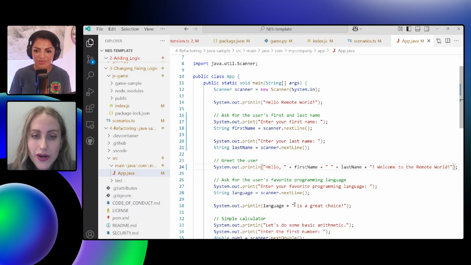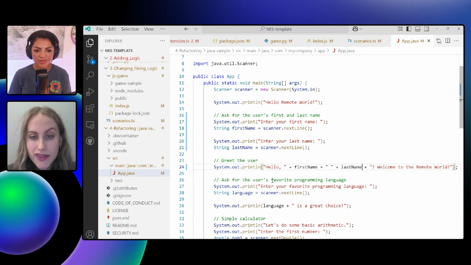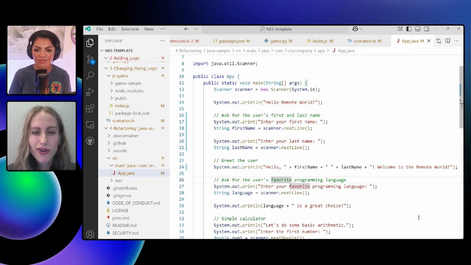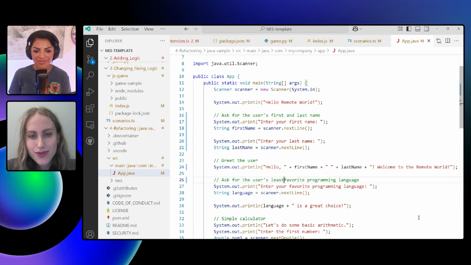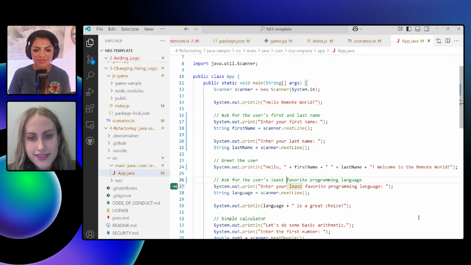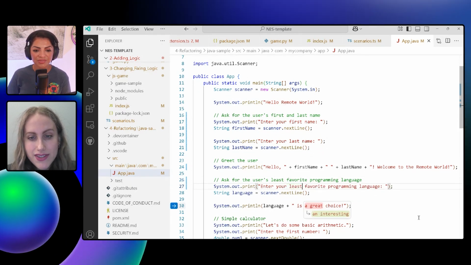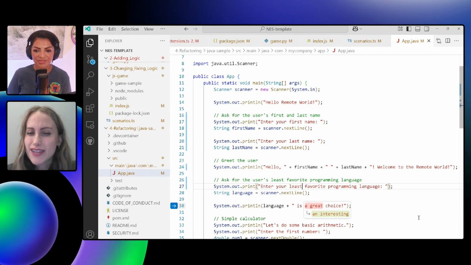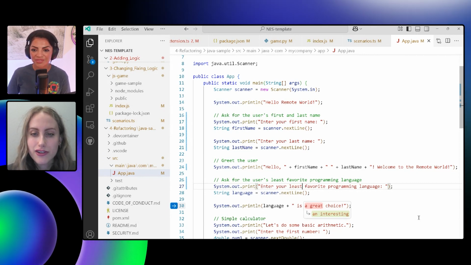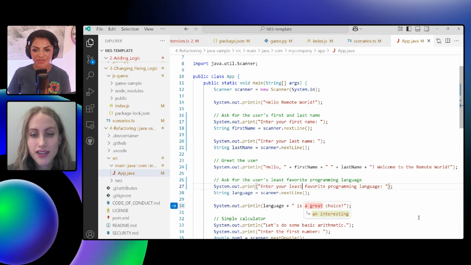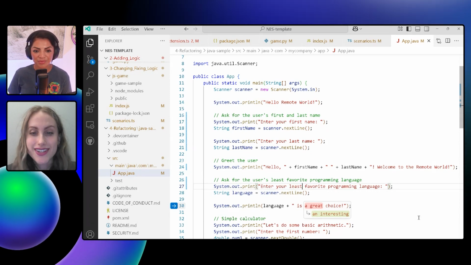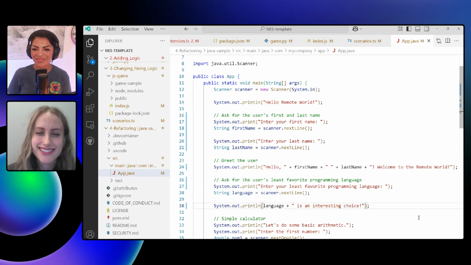Another refactoring is right now we're asking for the user's favorite programming language. Maybe I've changed my mind and I want to know what are people's least favorite programming languages. So I'm going to say least there. And it's going to then update the print statement that we have to the user. And then again, it's able to not only fix core programming logic, but also semantics and meaning and intent of things. So okay, maybe we're going to say it's interesting instead, because we're saying that this is someone's least instead of most